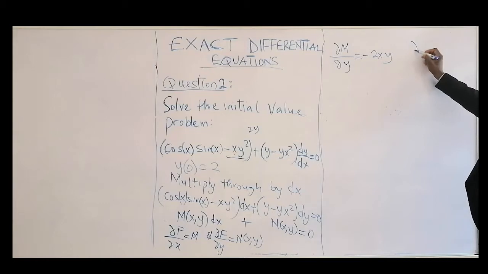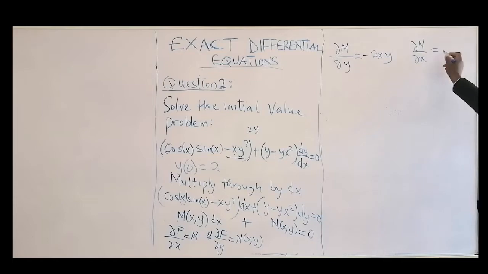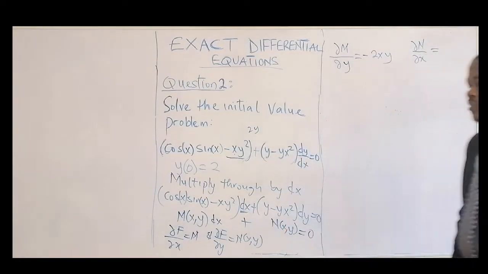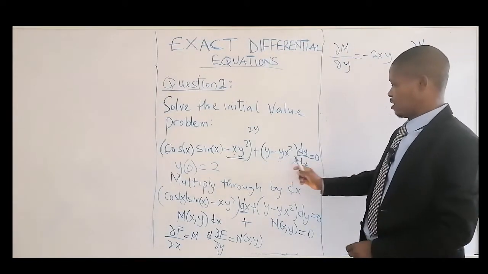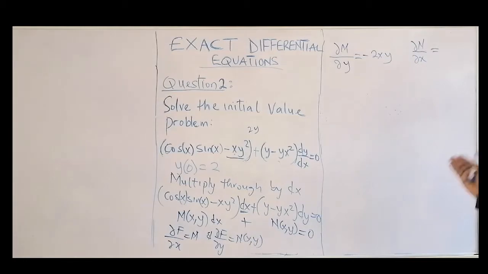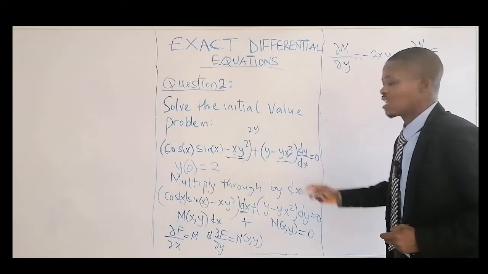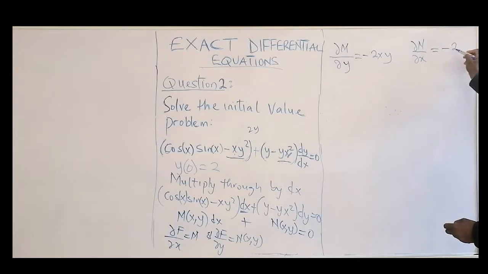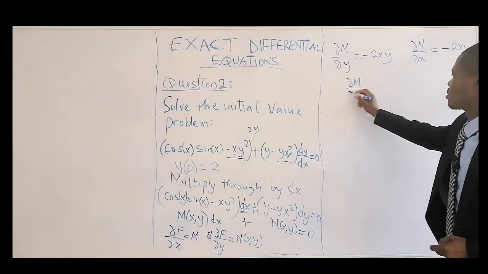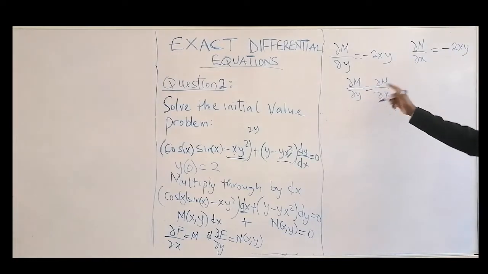Then the next thing to do is to take the other function N and differentiate it partially with respect to x. Let's look at what we have for N. This is my N. Just look for where you have x and do the partial differentiation. You're only differentiating x squared, and the rest is kept as constants, and that will give you minus 2xy. So this is an exact differential, because this one is equal to this one.